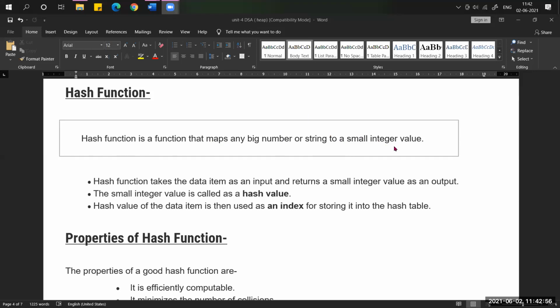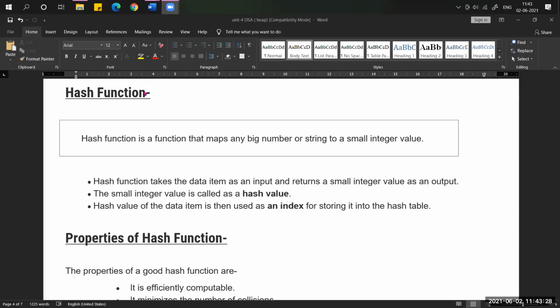If an integer number has 10 digits, then we need to convert it into a small integer value, like two digits or one digit or three digits. Based on that number we can find the index number to store the data item, right? That is nothing but a hash function.